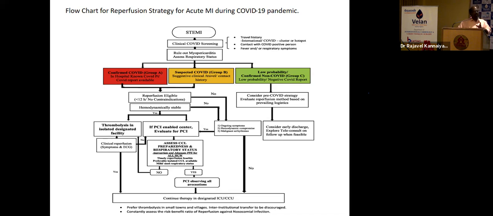If any patient has unstable angina, we can treat the patient and plan for revascularization on an elective date later. One thing they suggest is that inter-hospital transfer should be avoided, because if the patient gets infected, unnecessary spread of infection should be avoided. So we usually lyse the patient, do pharmacoinvasive therapy, and stabilize the patient. This is the current practice. Next.